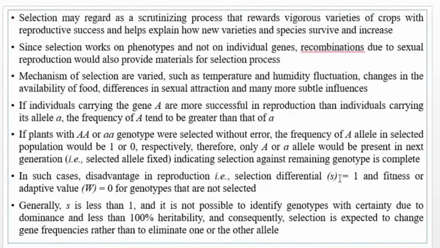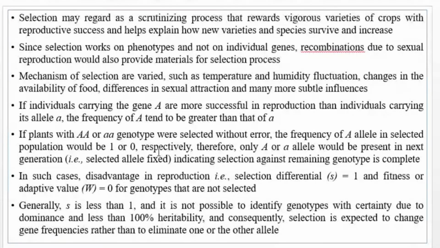So generally S is less than 1. Always selection differential does not become 1. It is not possible to identify genotypes with certainty due to dominance and less than 100% heritability, and consequently selection is expected to change gene frequency rather than to eliminate one or other alleles. So के हुन्छ भन्दाखेरि यो चाहिँ this is of ideal cases, यदि हामी जीनोटाइप बेस्ड सिलेक्सन गर्यौं भने that may happen। तर हामी फेनोटाइप बेस्ड सिलेक्सन गर्दै जाँदाखेरि we cannot completely eliminate the alleles which are unfavorable. Even though it is unfavorable, alleles cannot be eliminated